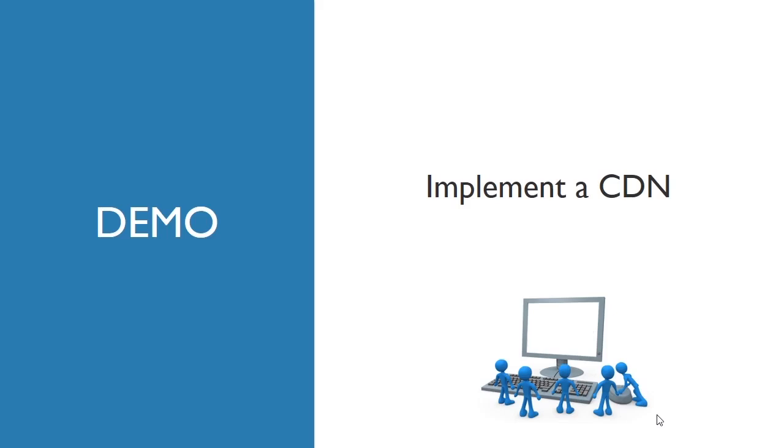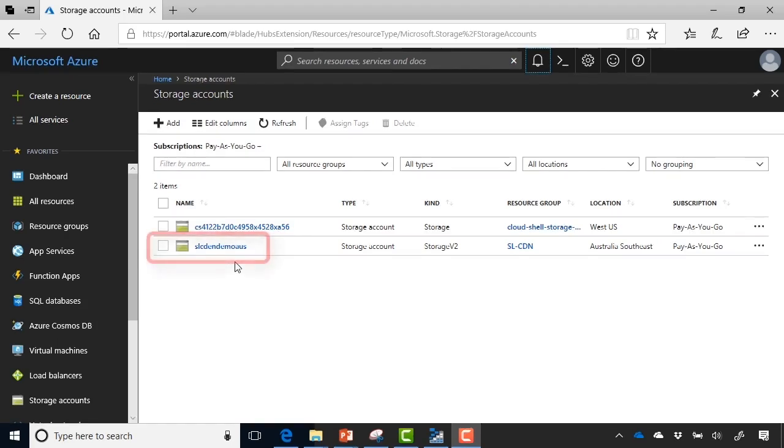In this demonstration, we're now going to go about configuring a CDN and demonstrating that by the use of images that we'll store in Australia. So let's go ahead over to the Azure portal. And to begin with, you can see that I've already created a storage account called SL CDN Demo AUS for Australia. And if I go into that storage account,